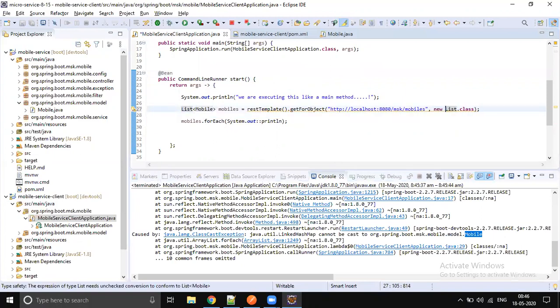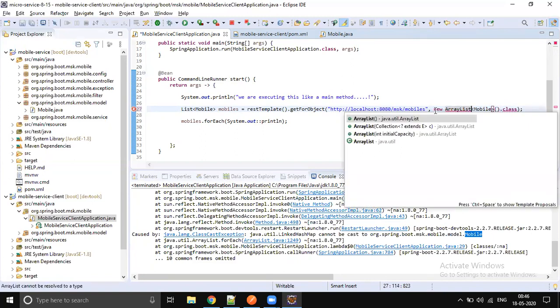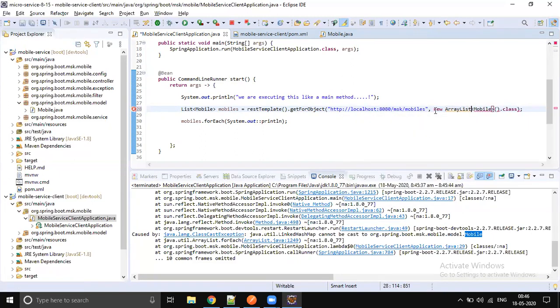So we'll pass new ArrayList of type Mobile dot class.